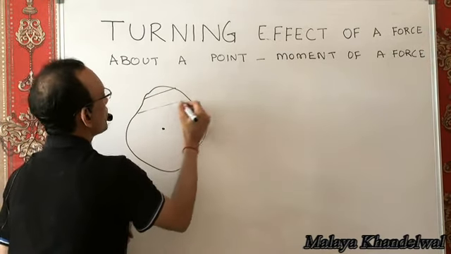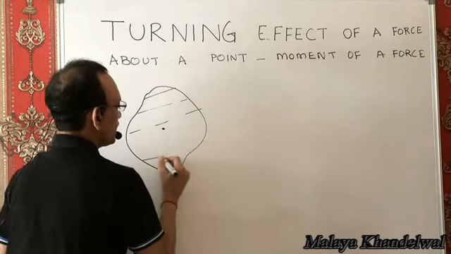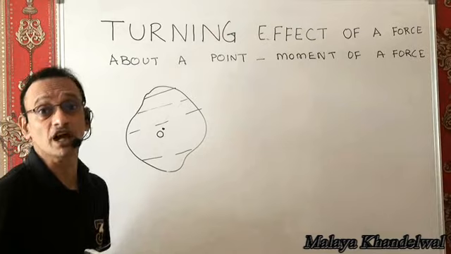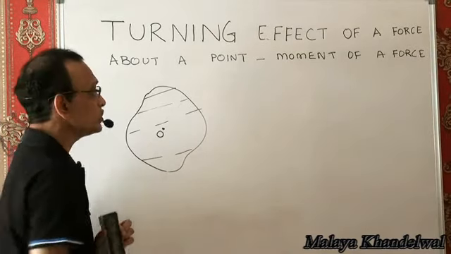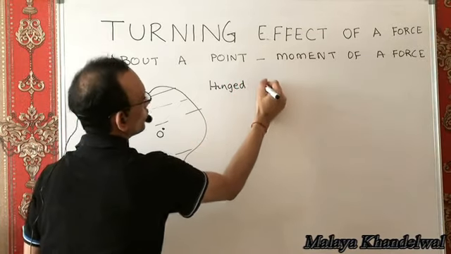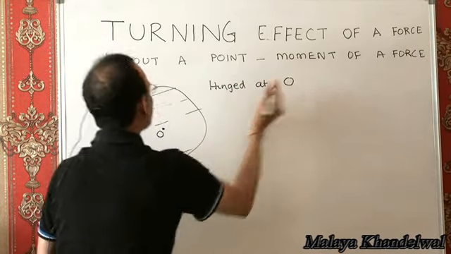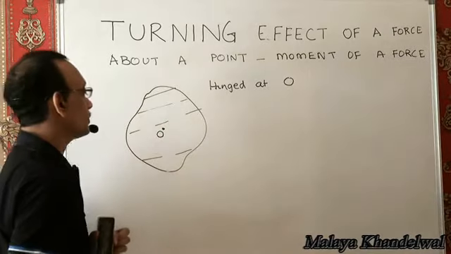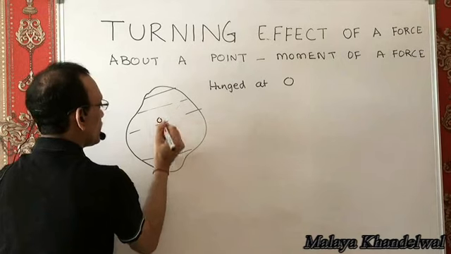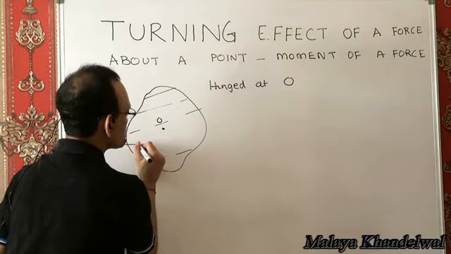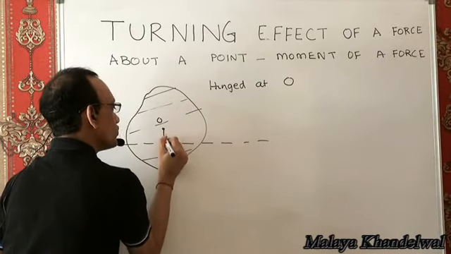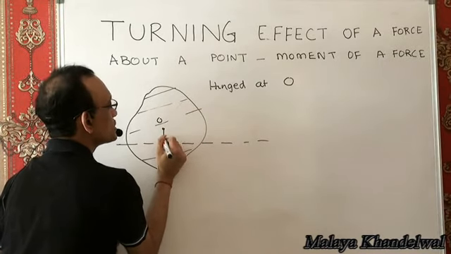This is a planar rigid body, hinged at a certain point O, right? So hinged at O. And say it lies in the plane of the board. Now, if at a certain perpendicular distance d from O,